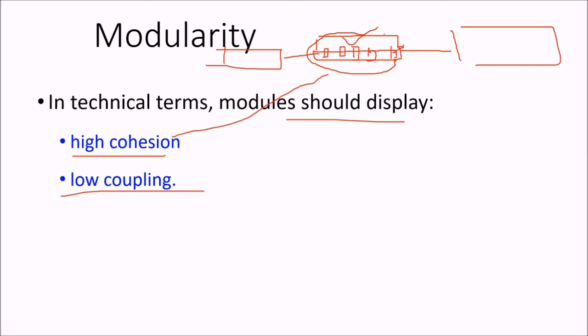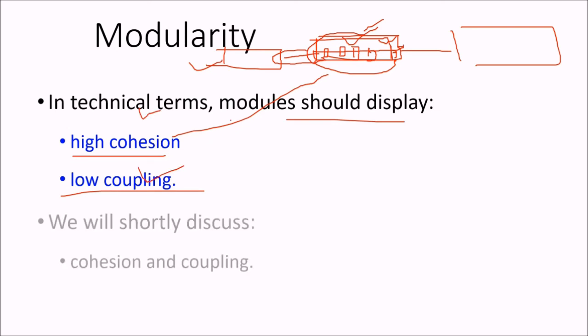In the case of any accident, if you have high cohesion, meaning this compartment is well built, then it is not going to be affected more. And we also want the accident to cause as few casualties as possible. For that, if these are loosely coupled, then if the impact is here, this is not going to be affected. So by the analogy of a train and the bogies and the coupling between them, you should have high cohesion and low coupling in a module. We'll talk about them in greater detail.